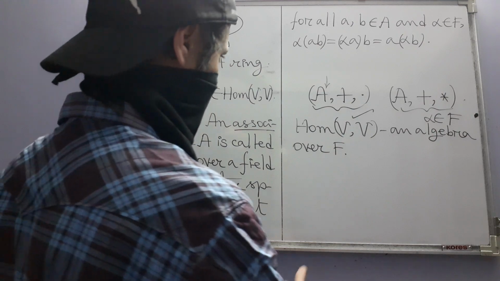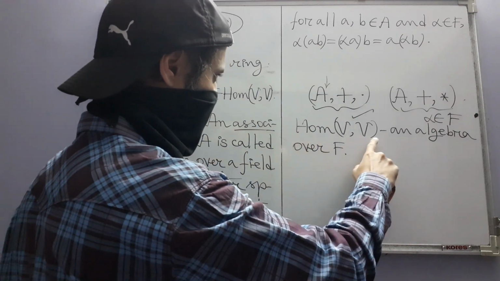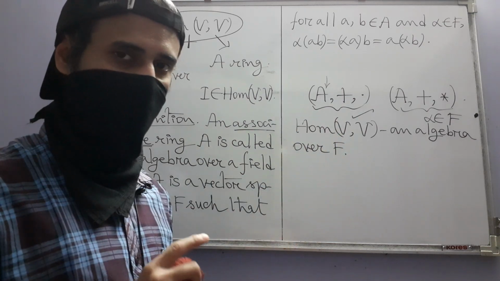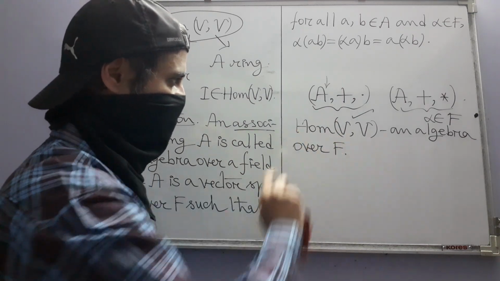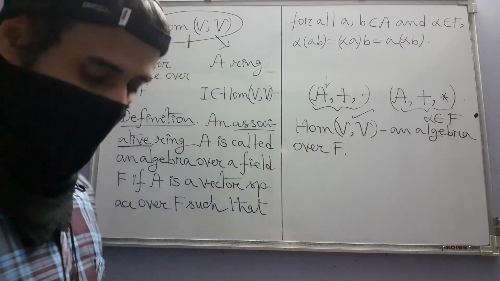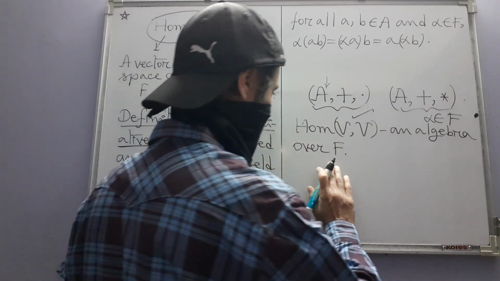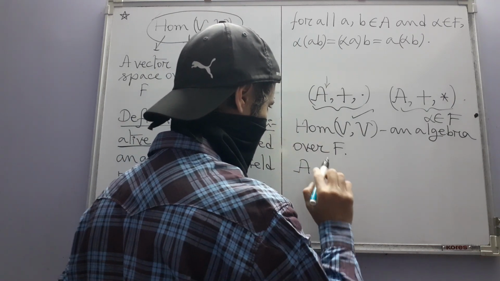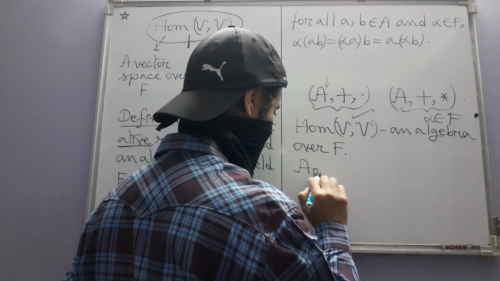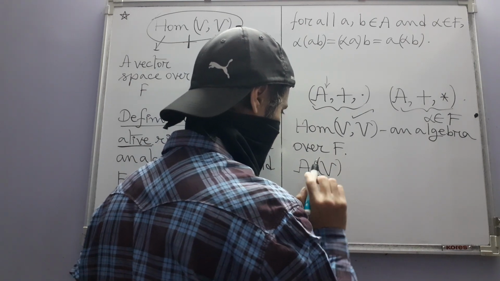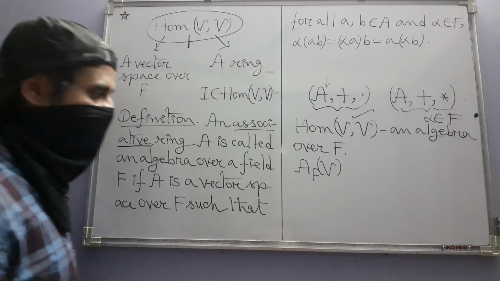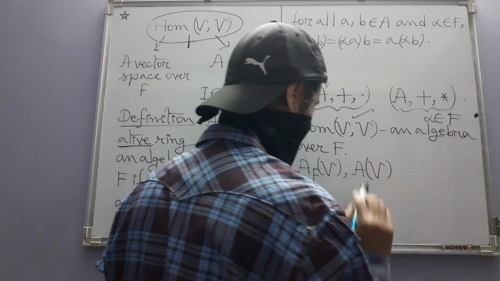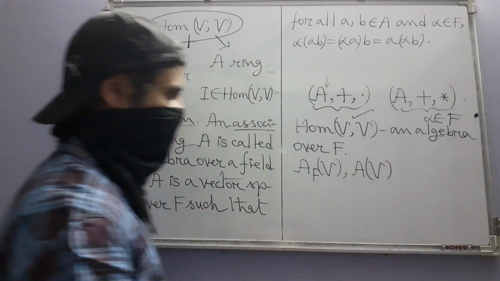Now, because we are going to have to write this again and again, obviously we cannot keep writing such a cumbersome thing. So instead we are going to consider a new notation which is shorter. In place of this we will simply write AFV, or if we want to suppress F, simply AV, and this is going to be called